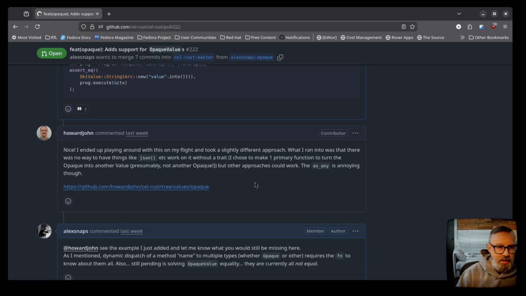Okay. I guess the as any is in this PR, because if my memory serves, we don't have this anymore, right? What we do is we force the thing holding the opaque to be an any. So any is needed because you don't have runtime reflection APIs in Rust, right? So we need to tell the compiler to record,